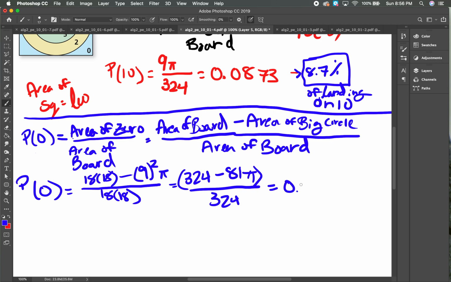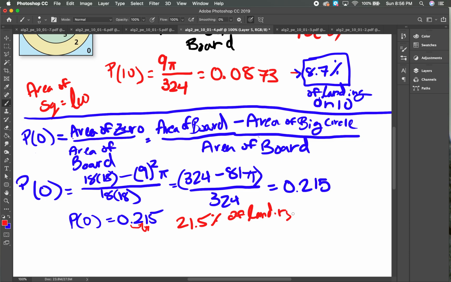So I get 0.215. As a percentage, if I move the decimal 2 places to the right, I get a 21.5% chance of